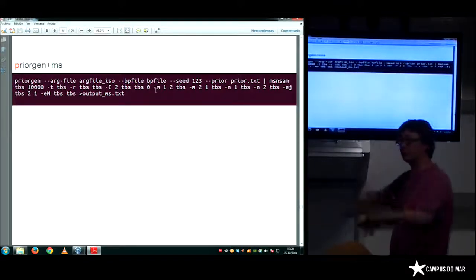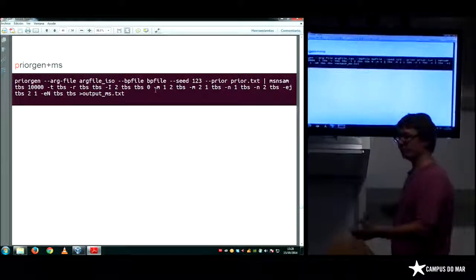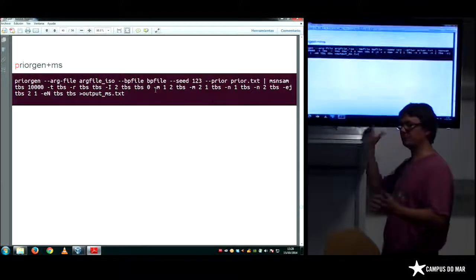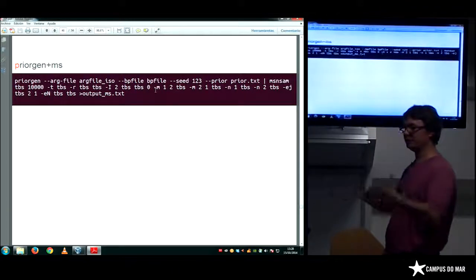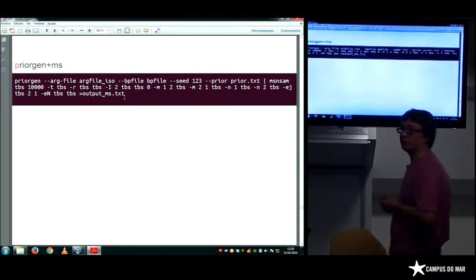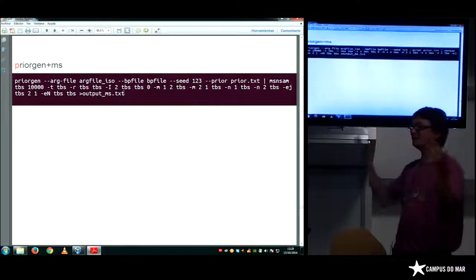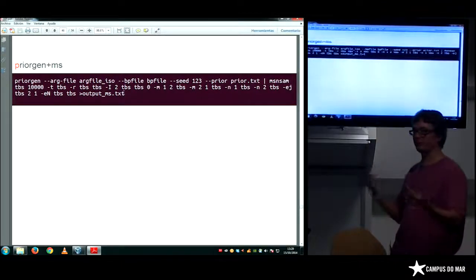And it can do all the simulations like that, automatically. So you have all the simulations ready for the analysis. And you can put the output of MS in a text file. Okay? Which is not a good idea, but you can, because it takes a lot of space on your computer.